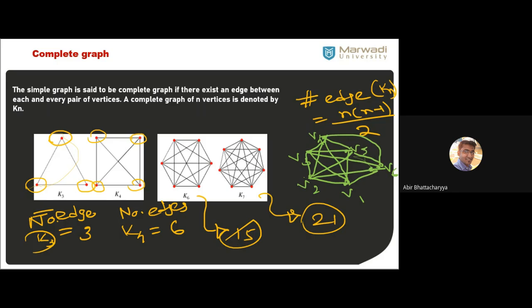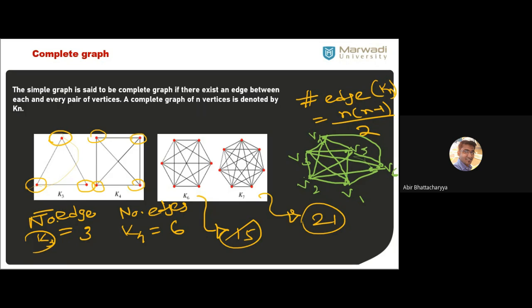So all of you try to draw K8 on your book and show me. Have some space. It may take one full page. That is also okay. But have some space to draw this. Don't make it in a small space.